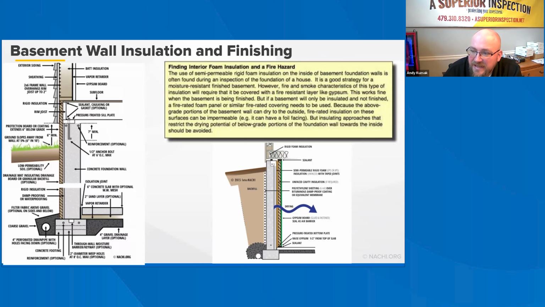Semi-permeable rigid foam insulating sheathing products like EPS or XPS should be used since below-grade portions of the foundation wall must dry towards the interior. Product specifications should indicate a perm rating greater than 1 perm. Joints in the foam sheathing must be taped and sealed. If additional insulation is desired, a frame wall can be built and cavity insulation installed as shown in Figure 25,